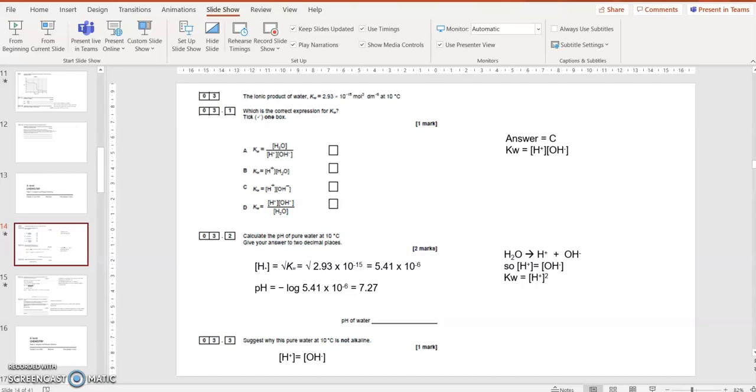So I've got Kw, 2.93 times 10 to the minus 15, equals H plus concentration multiplied by OH minus concentration. Well, when water dissociates, H plus concentration equals OH minus concentration because they've come from the water molecules splitting up. So Kw equals H plus concentration squared. The square root of 2.93 times 10 to the minus 15 is 5.41 times 10 to the minus 6. So I've now got the H plus concentration, take minus log of it, and you come up with 7.27